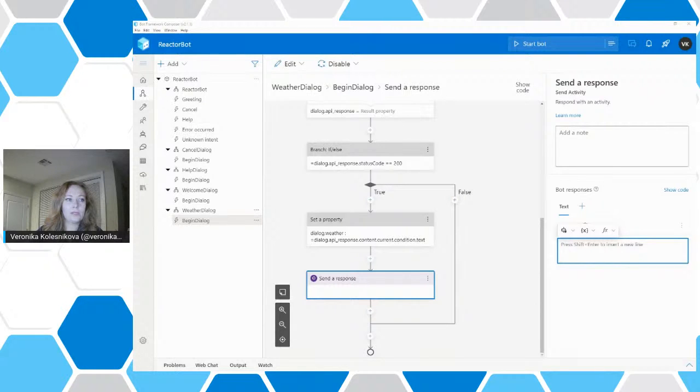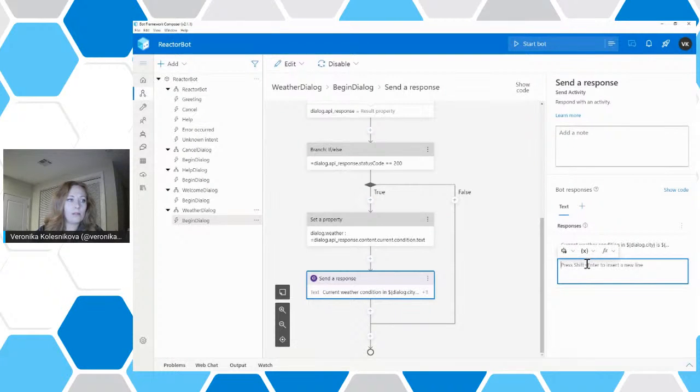So that one is here. So you can see that I'm using dialog city and then dialog weather since I set up the property here, but I didn't set up the temperature property. So I'm going to just remove the temperature for now. We can also add an alternative. Okay. So I'm not going to set up the alternative since I didn't set up the property,